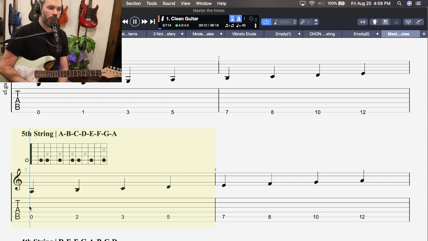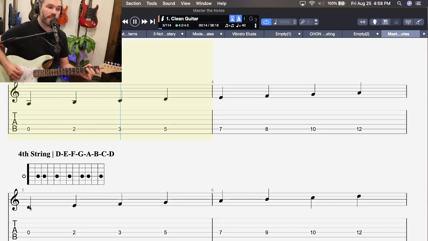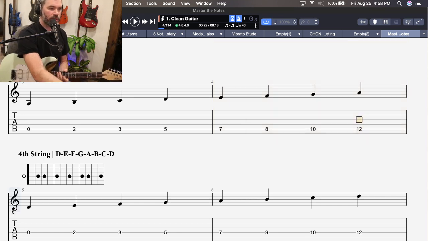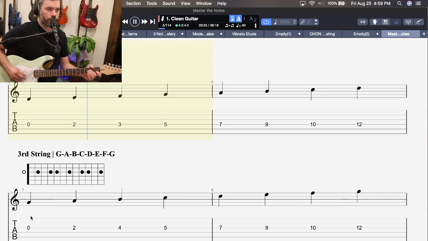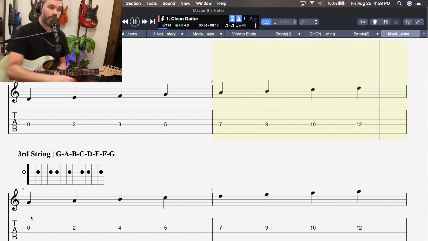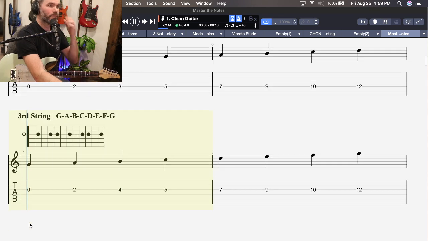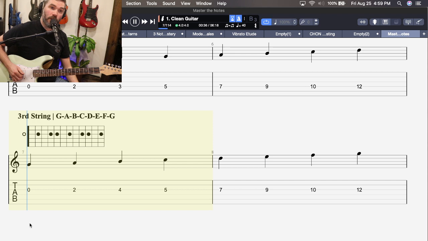1, 2, here we go, and A, B, C, D string, 1, 2, ready, go, D, E, F, G, A, B, C, D. Now to the G string, ready, go, and G, A,